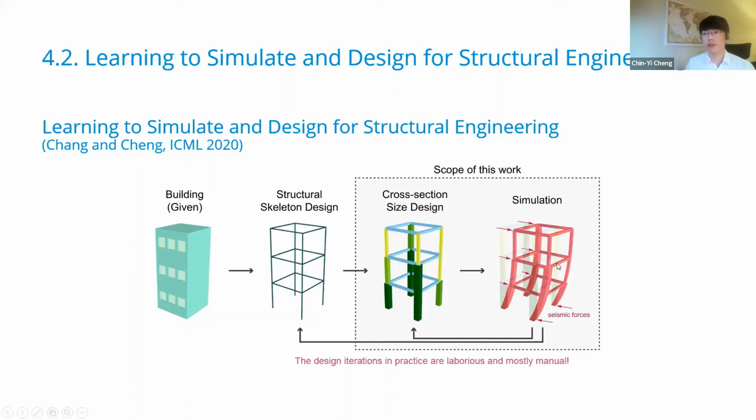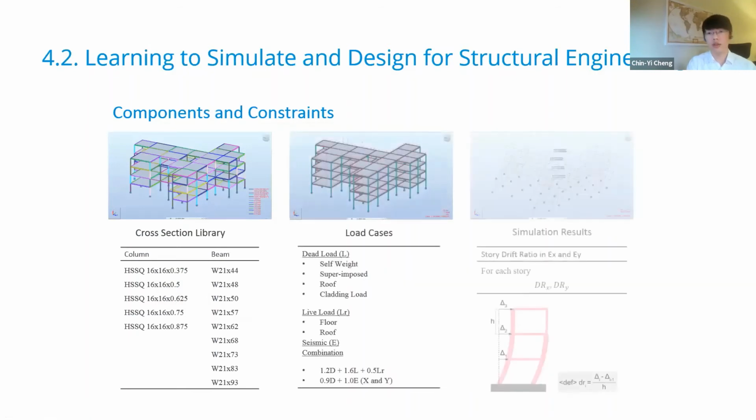And then they will run some simulation using, for example, finite element analysis tools. Based on the result from the simulation, we can modify the cross-section size design or even modify the skeleton as well. So in this paper, we are focusing on this part. How can we automatically generate a best structural cross-section design that fulfills all the simulation requirements? So we need to consider all these real structural loadings and structural elements,